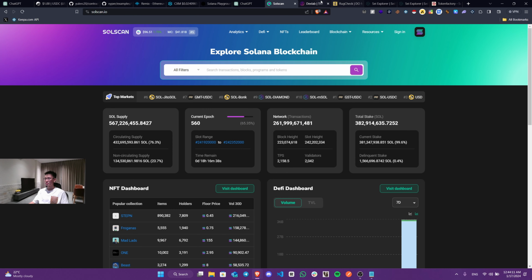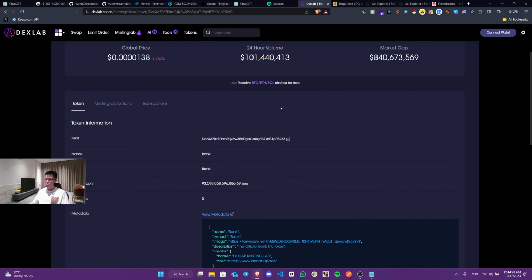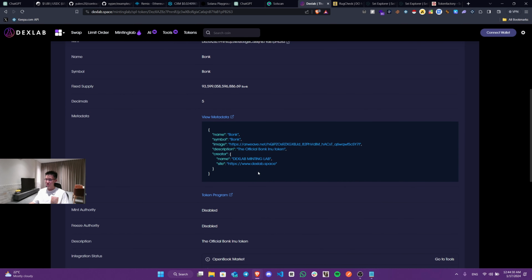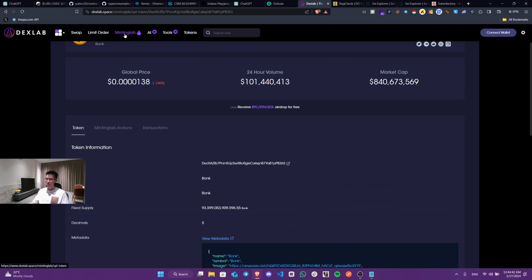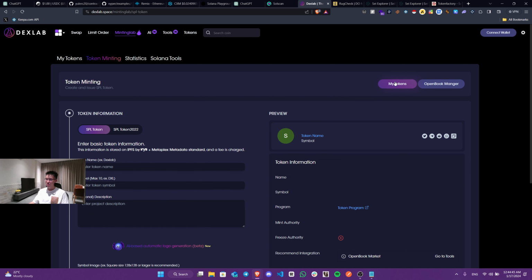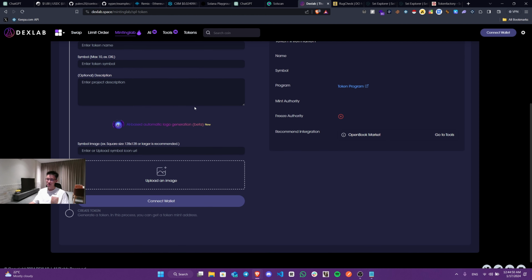So, yeah. And also, if you want to create a token on Solana quickly, there's this famous platform called DexLab, which is where the BONK was created. You can see the BONK, right? It was created in DexLab with this metadata. Official BONK inu, named DexLab Minting Lab. So it was a no-effort token. It was just created here. It was literally in the minting lab. The owner just said, okay, let me create a token, an SPL token. That's it. He didn't do anything smart,